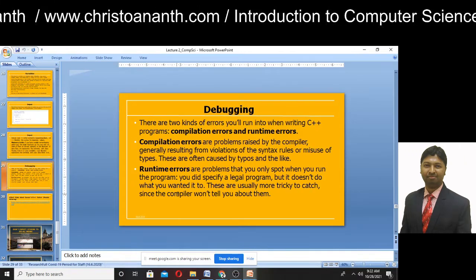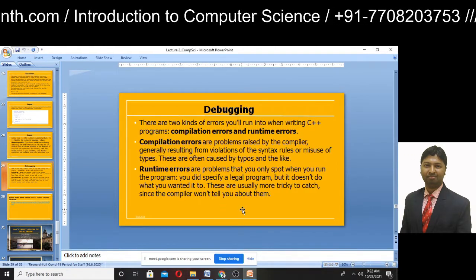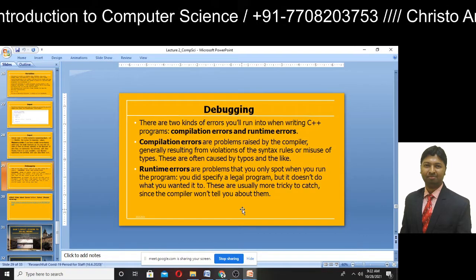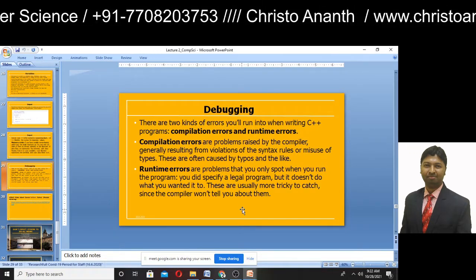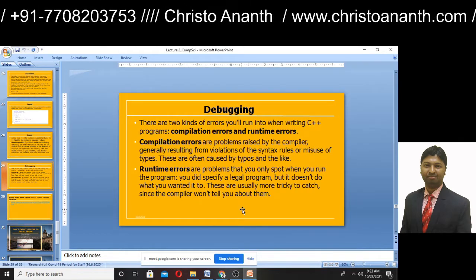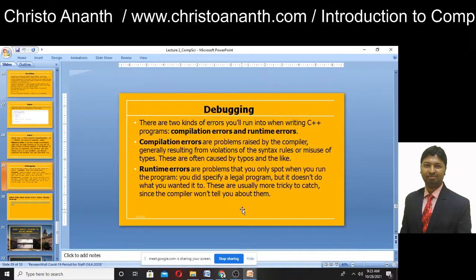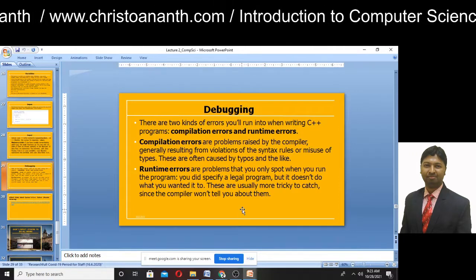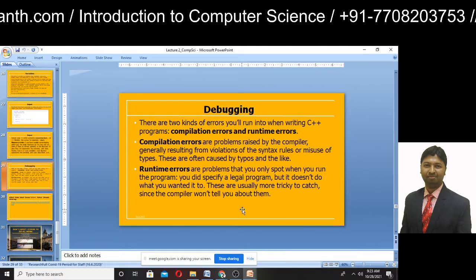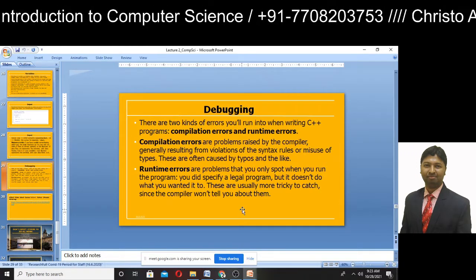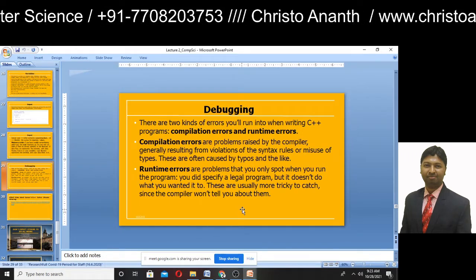And then you will have the runtime error. These are problems that you only spot when you run the program. For example, when you compile the program, you will not have any error, but when you run the program, you will have a runtime error. It is a legal program, but it doesn't do what you want it to, for example for some type of input the program will not work.